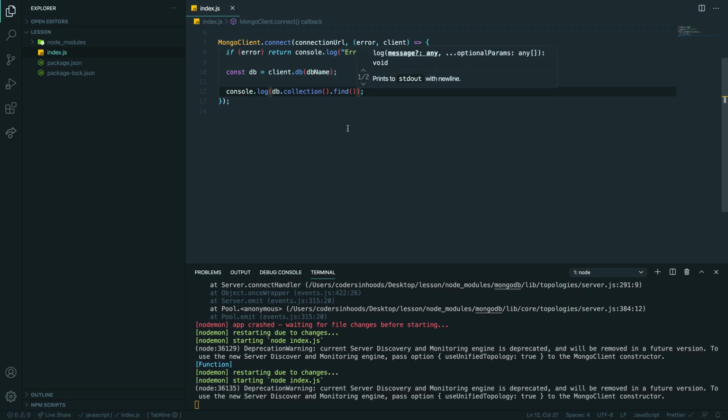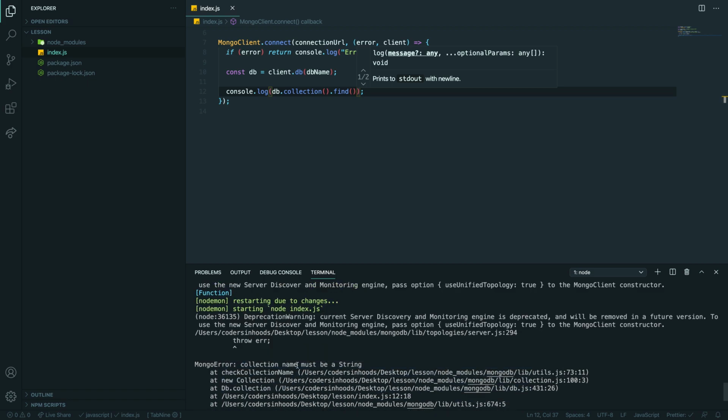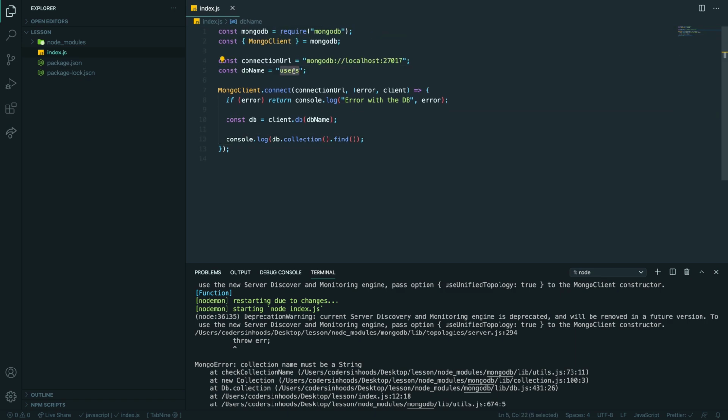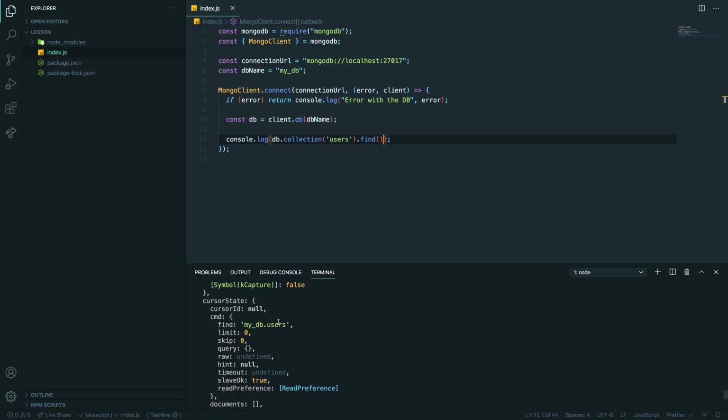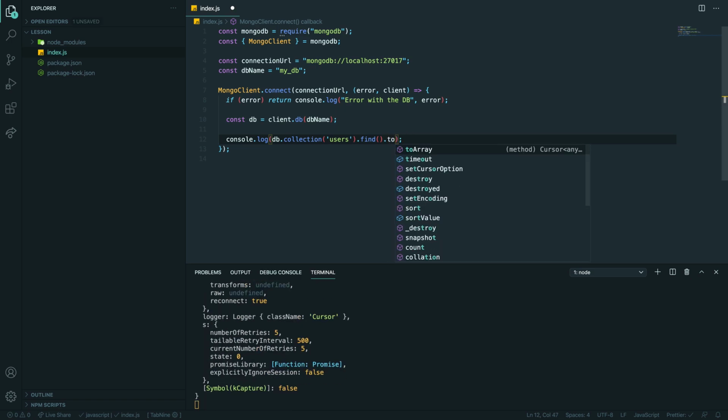and then, so let's say for this now, the collection name must be a string. So this one should be, let's call it, yeah, so collection is the table, right? So actually the table should be users. So let's call my DB. Sorry, naming is always a trouble. DB. And here I want to have, so what it does, if you don't have this database, it will initialize this database. And here we want to have users. So to find, save, we're getting the response, right? And if we do toArray,